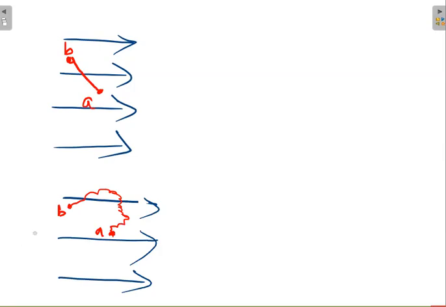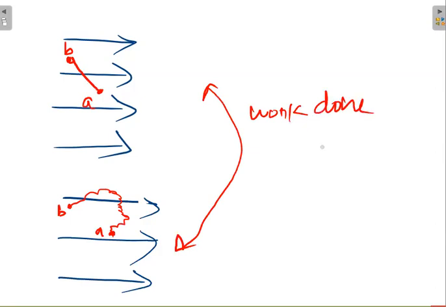In both cases, what is the same, sir? Work done is the same, because work done is independent of path. It depends on the distance between these 2 points. If the points are not changing, your path may be anything, but the work done will remain the same. That is the idea. Next, potential.